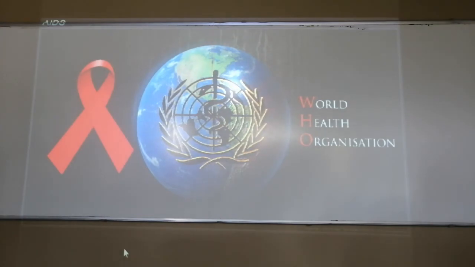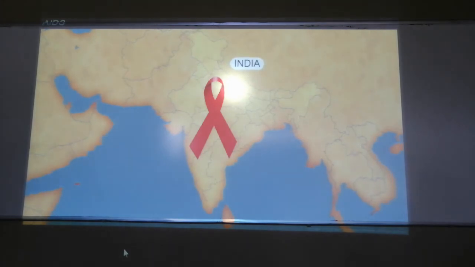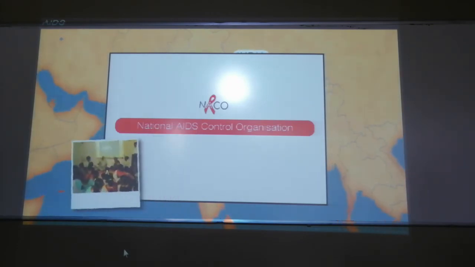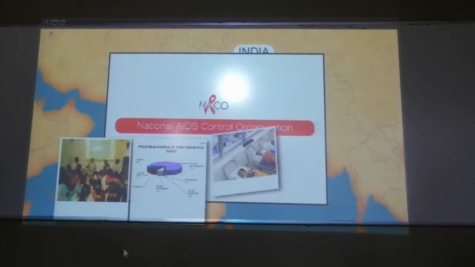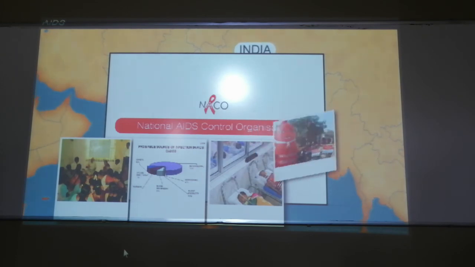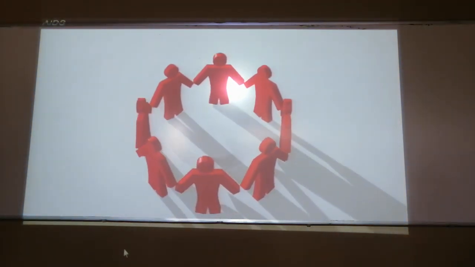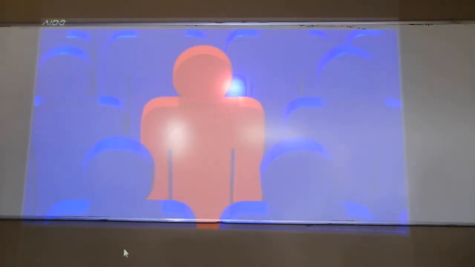Now the World Health Organization has also identified this as a great issue. In India, as everywhere, you can find this structure. The National AIDS Control Organization, NACO, gives so much knowledge and conducts so many seminars wherein you get a great idea. They also help HIV patients to recover from their illness. They provide the drugs and many supports in this direction. World AIDS Day is also celebrated, wherein people get an idea.